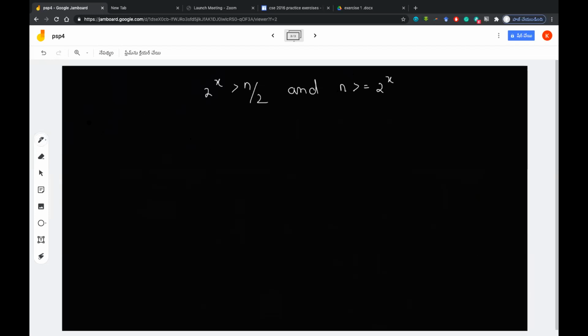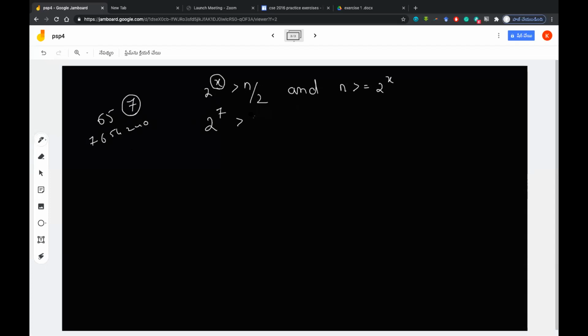So let us hope that we have a value something like 65. What is this x? X starts with what? You said 7, right? 2 power 6 is 64, sir. That's okay, but x should start with 7, right? Yes, sir, 7, then 6, 5, 4, 3, 2, 1, 0, right? Now we need to calculate what is 2 power 7. We can use the second condition, n should be greater than or equal to 2 power 7. Anyway, it will measure both, that's why I'm checking it. I want to calculate the AND logic also.